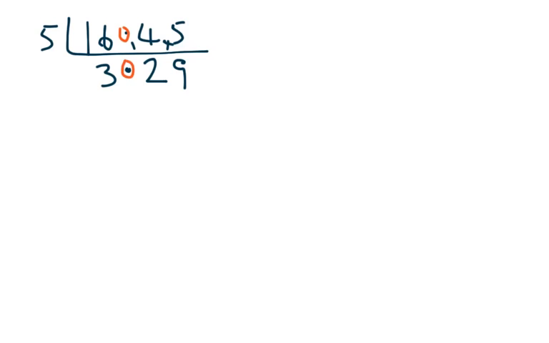Maybe let's do another example as well. 25.6 divided by 2. Okay, so 2 into 2 goes once, 2 into 5 goes twice, and I carry my 1 up here. Carry down my decimal point, 2 into 16 goes 8. So the answer is 12.8. There's one thing you need to be careful of. When you're dividing by a decimal,